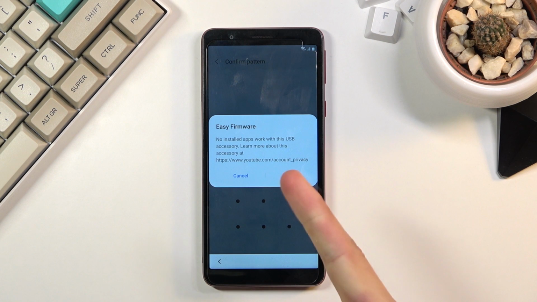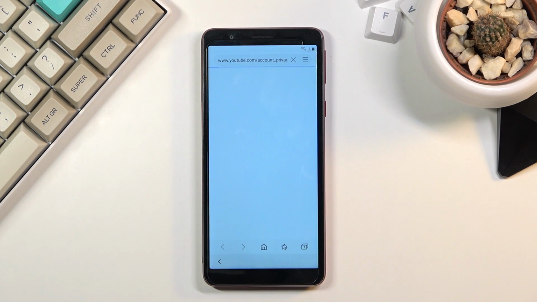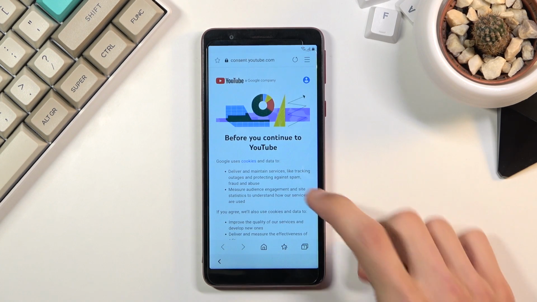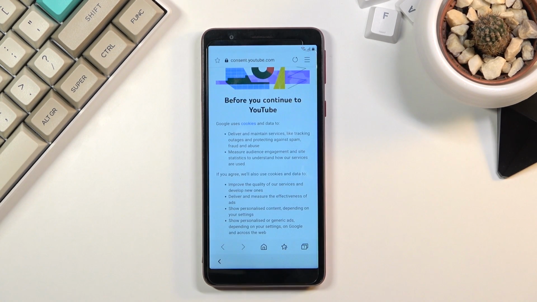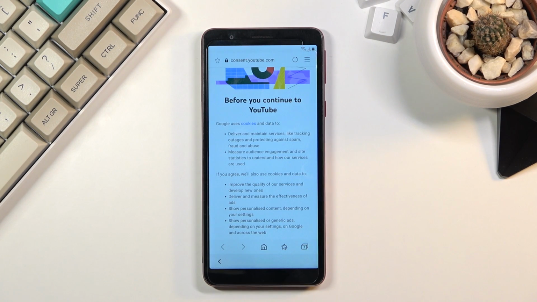Now continuing, once you see this pop-up right here, all we need to do is select View, which will open up either YouTube or a web browser. Okay, there we go. So it opened up a web browser. Now I'll mention that if for some reason it opens up YouTube, which might not be the best, all you need to do to get back into your web browser is go, in YouTube, to the account. You're going to go into settings, terms of service,